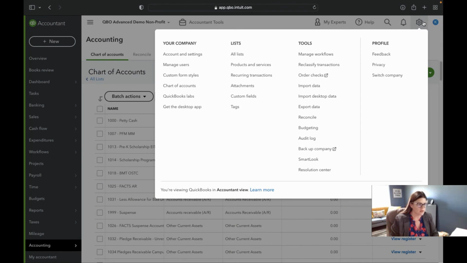This is also available through your gear, which is the funniest thing. I was working with a yoga studio a while back, and they would call it the flower. And I thought that was so cool. So I like to call it a flower, but most people call it a gear. It's a gear up in the top right. And then this is where you come through your account and settings and stuff that we were talking about in the beginning.